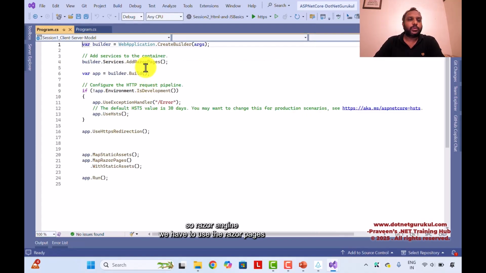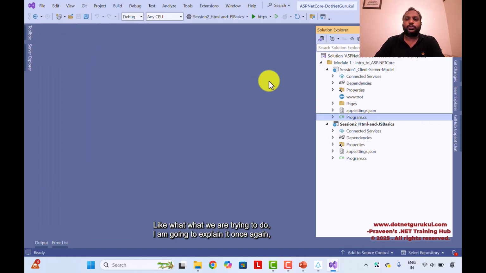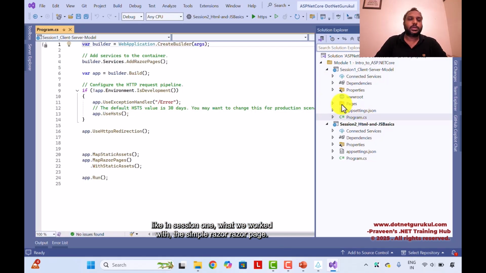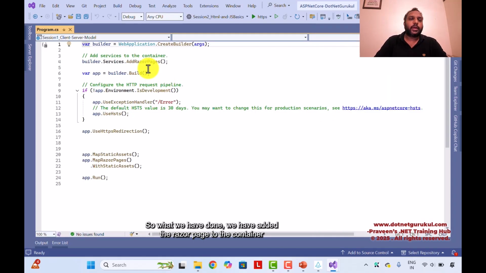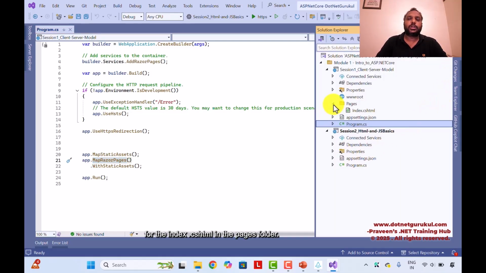With the Razor engine, we have to use Razor pages, and we have to map the Razor pages, so that it will go and search for the .cshtml in the Pages folder. If it is HTML, it is going to search for index.html in the wwwroot. I hope you understand what we are trying to do. I'm going to explain once again. In session one, we worked with a simple Razor page, right? We added the Razor pages to the container and mapped those Razor pages. When we map those Razor pages, it will go and search for the index.cshtml in